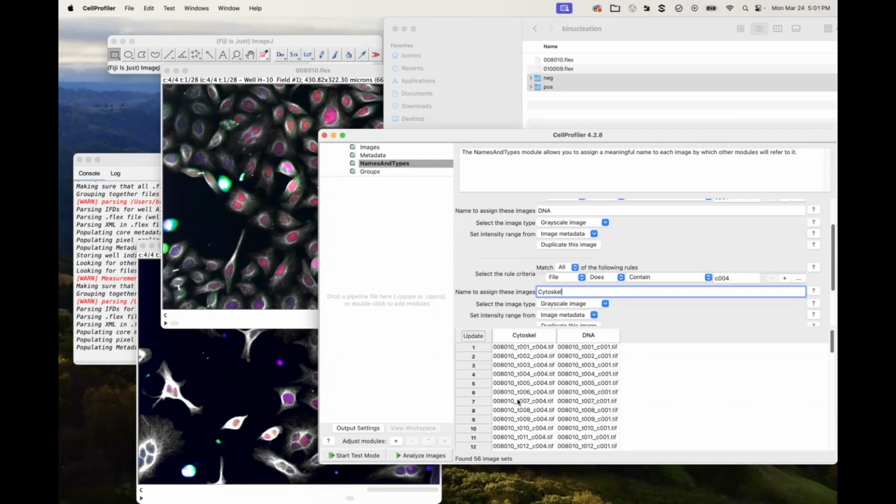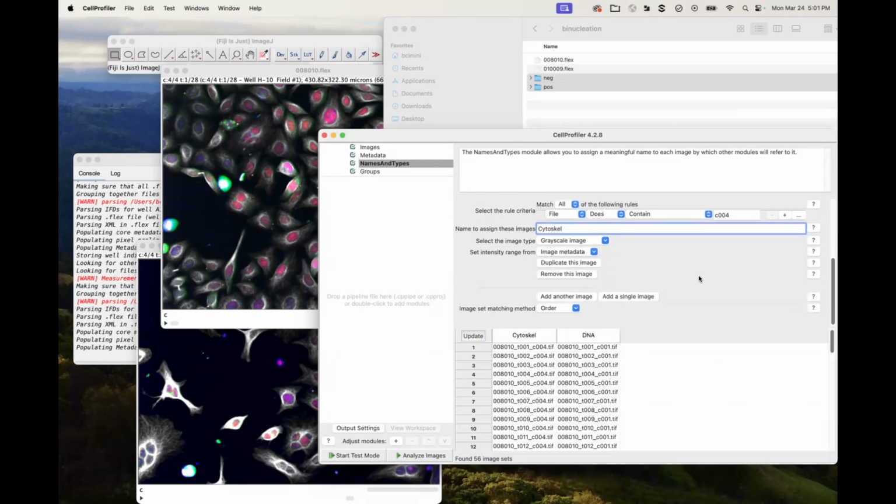So I've only loaded those 2 channels here. If I wanted to load more channels, I could just keep hitting add more images and add in our other images. But all I had to do was figure out what is the thing that makes that channel unique. And so allow that to be a moment where we plug for the importance of having a consistent naming structure for your data.